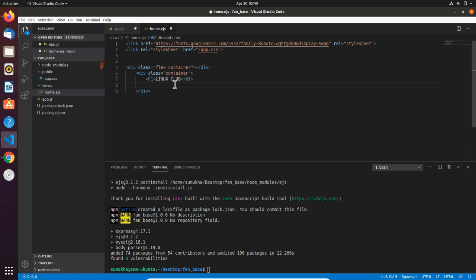Linux club, and a paragraph having class lead. Okay, anything you can give here, and I'll give enter your details to join strong.